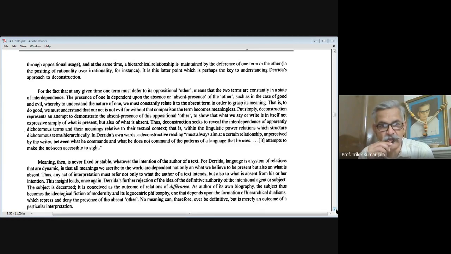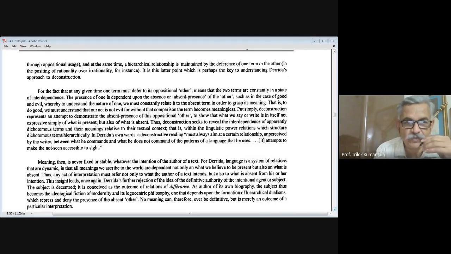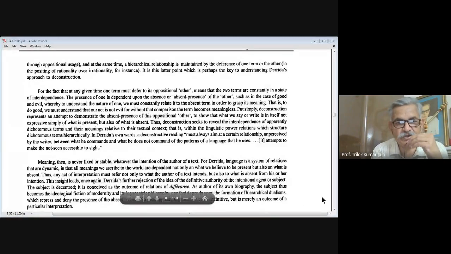In Derrida's own words, a deconstructive reading must always aim at a certain relationship unperceived by the writer between what he commands and what he does not command of the patterns of language that he uses. It attempts to make the not seen accessible to sight. Meaning then is never fixed or stable, nor is it the invention of the author of a text. For Derrida, language is a system of relations that are dynamic,